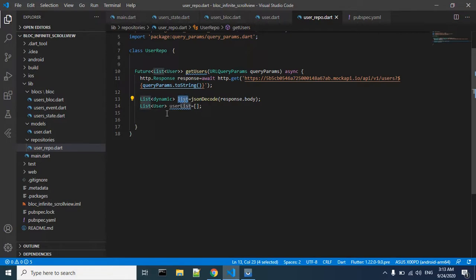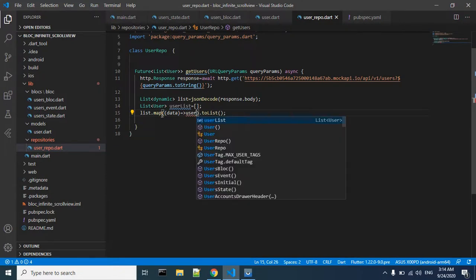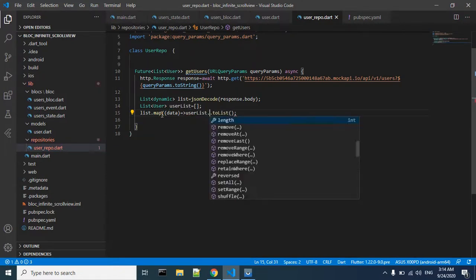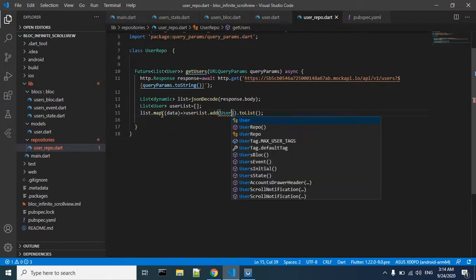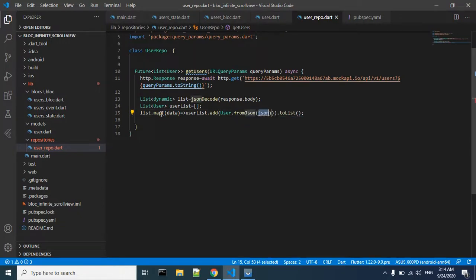So we will be iterating through this list. And we need to append each value to the user list. We will be using User.fromJson in order to convert this data, and then we will be storing it in